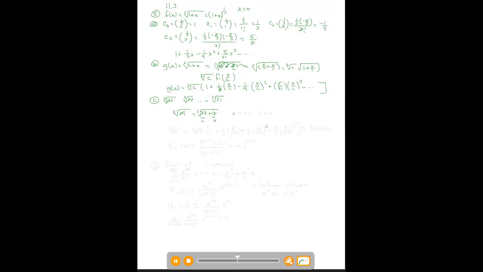So we're going to let c equal 27 and x equal 2. Why are we picking 27? Because we know the cube root of 27. It's 3. So to find the cube root of 29, I would say it is the cube root of 27,